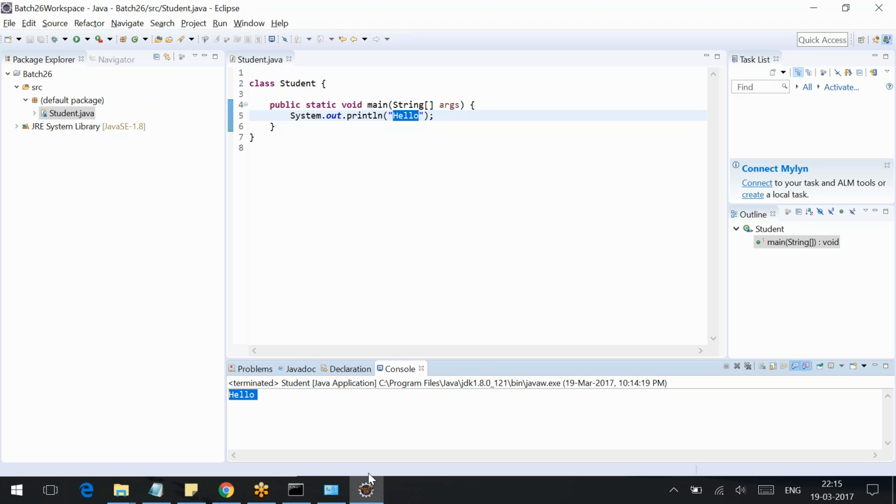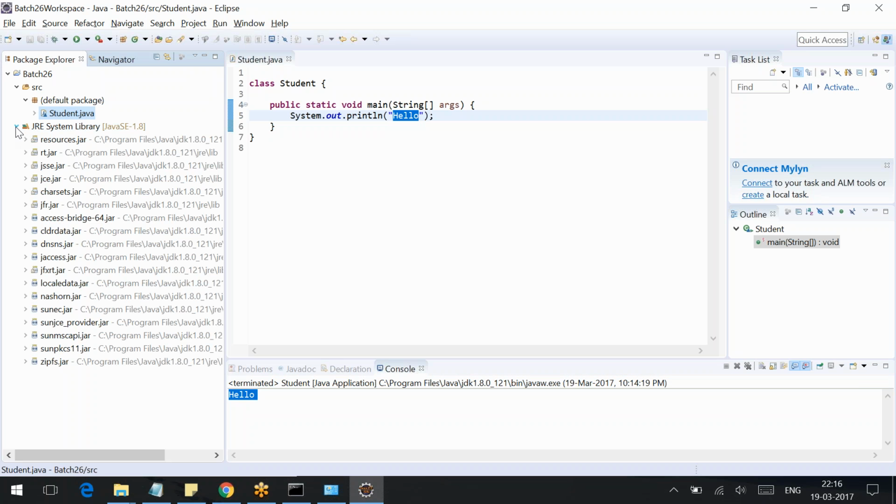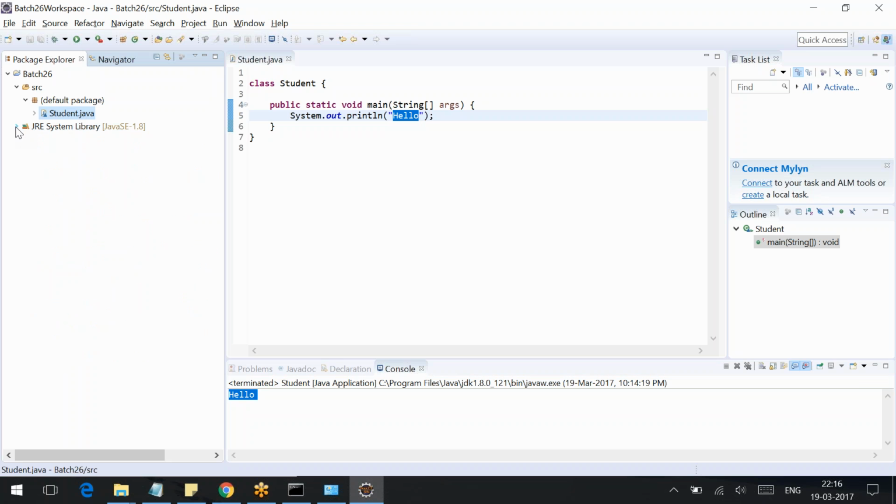And this is why we use Eclipse, guys. Anyone having any doubt? No doubt? Okay, it's all easy, maybe. Okay, that's good. And I have not told you what is this JRE system library. Okay, I have not told you, guys. Now let me tell you